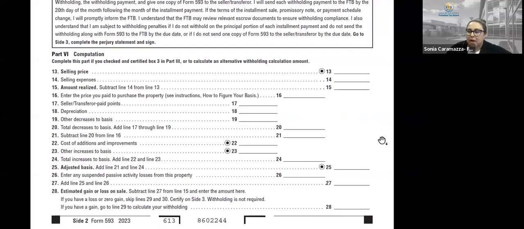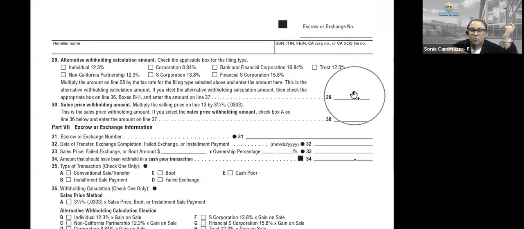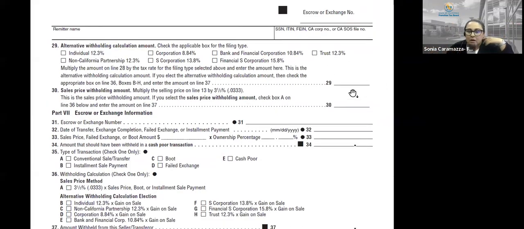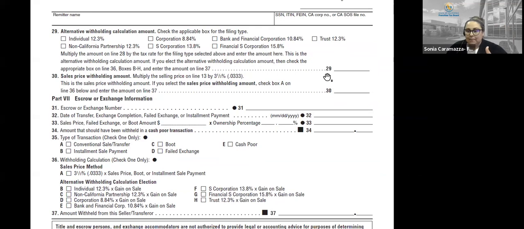Correct. We're not expecting you guys to go over it, but we do ask that something be filled in there, right? In order for you to accept that I'm having a loss, something needs to be determined here, as well as if they're doing the alternative one, well, it rolls over onto the next side. And in order for you to know what you're actually withholding on, they need to complete that part, or else you wouldn't really know what their gain is in order to determine how much withholding you're going to submit to